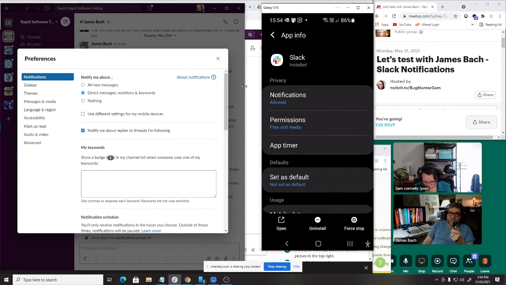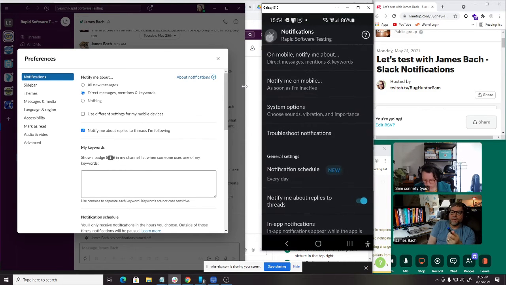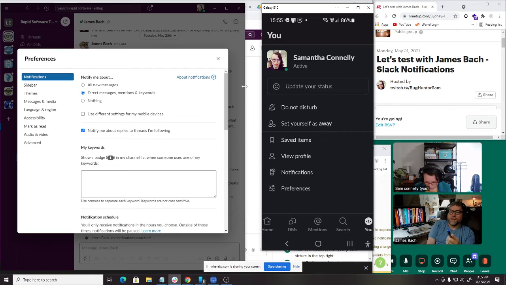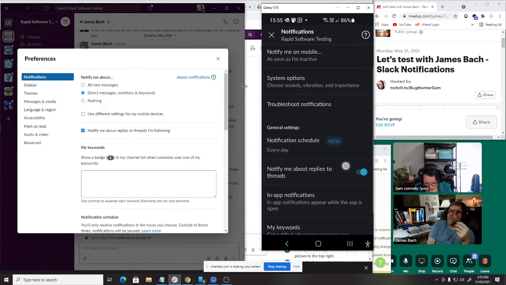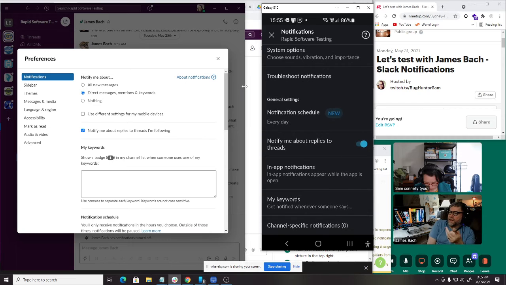Yes, that's also interesting. I think that shows up in the diagram. But I think that threads everything means notify me about replies to the threads I'm following and notify me about all new messages. I think it might mean both of those things on at the same time, the threads everything, but I'm not absolutely sure. So the point is that I went through the app and